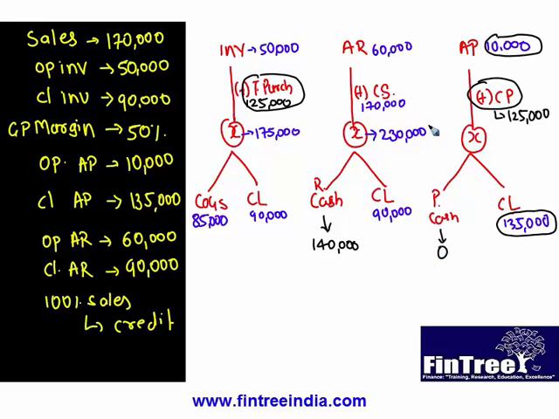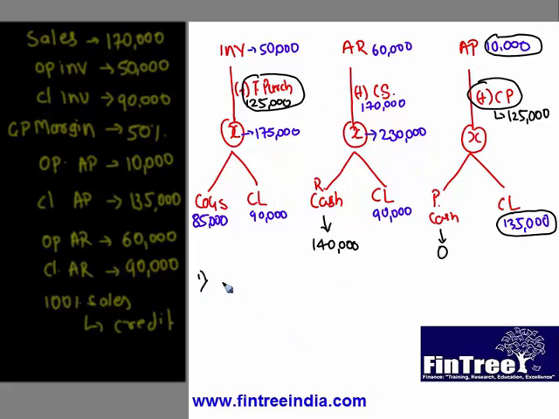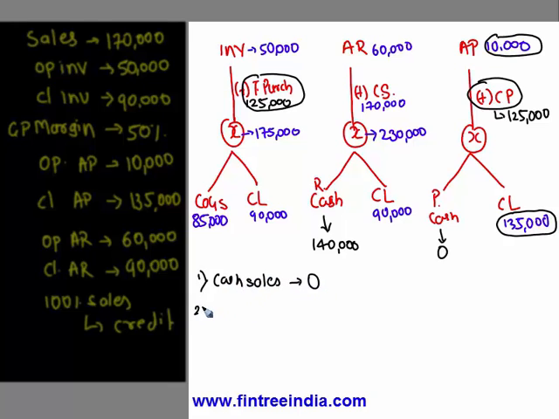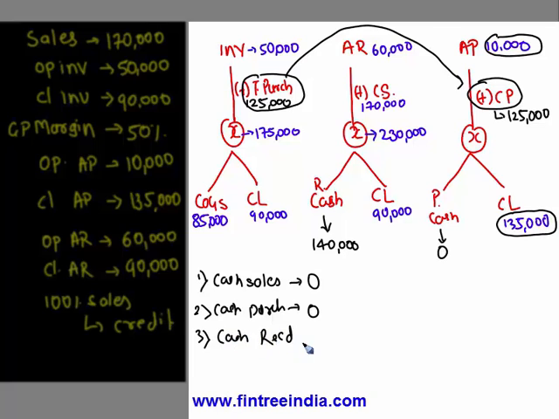So now we have all the data. Have you understood this part? So step number 1, we were asked what is the cash sales. How much is cash sales? 0. Then what is the cash purchase? Cash purchase is 0 because entire purchase turned out to be credit purchase. Then step number 3, what is the cash received from accounts receivable? 140. And what is the cash paid to accounts payable? 0. So these 4 components will make up your CFO, and in this case CFO is positive